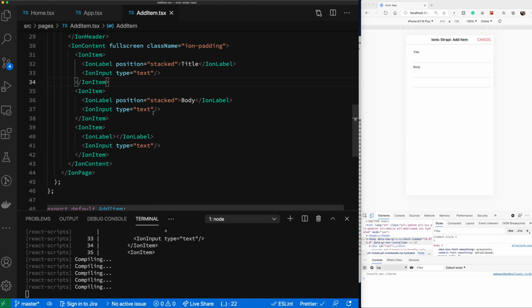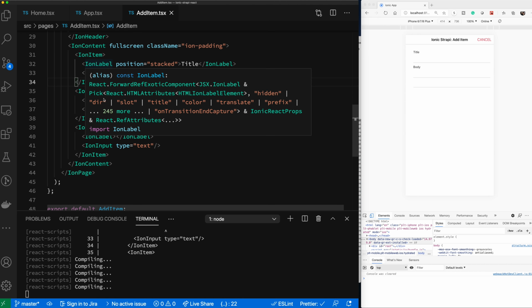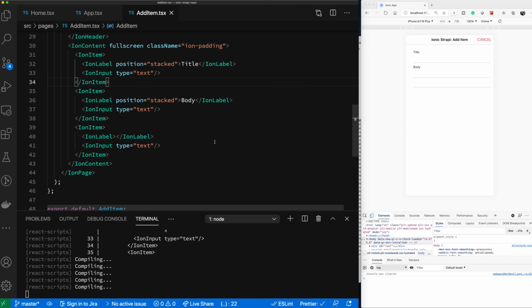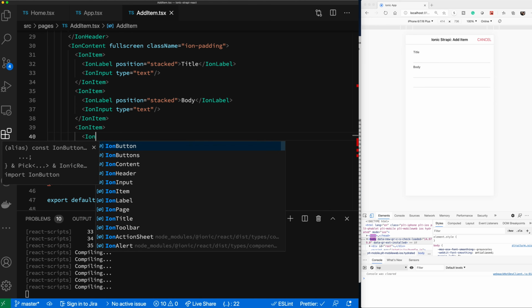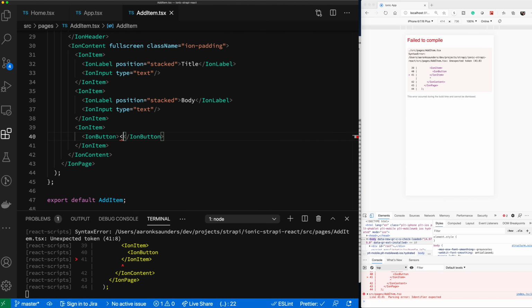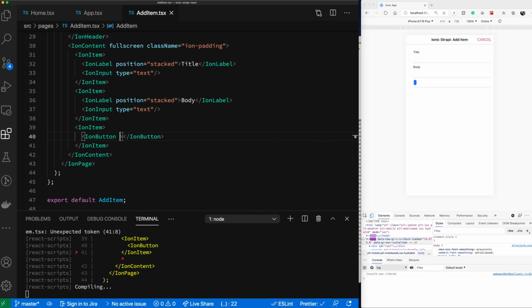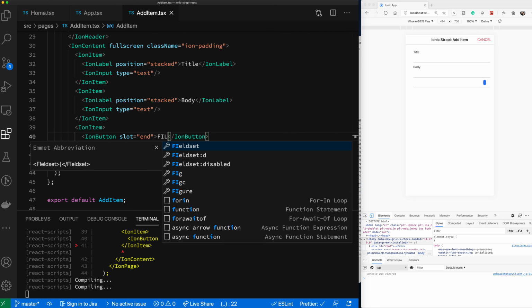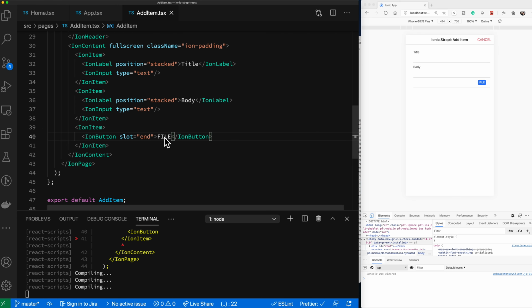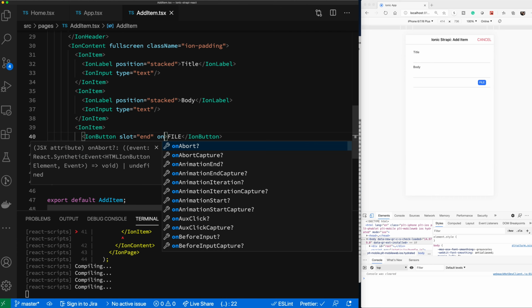So I added the title and the body, and what's going on? What do I need this other one for? I needed this for the title body. I need this for the image. And so I don't actually need any of this. What we're going to do here is add a button, ion button. And we're going to do slot end. And then this is how we're going to select the file. And what we want to do here is on click,